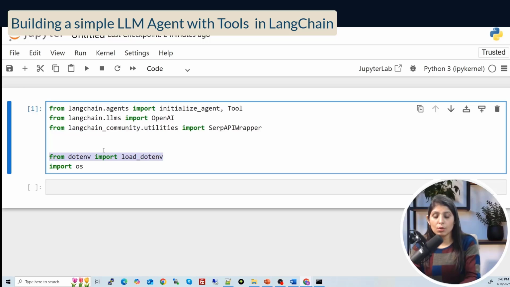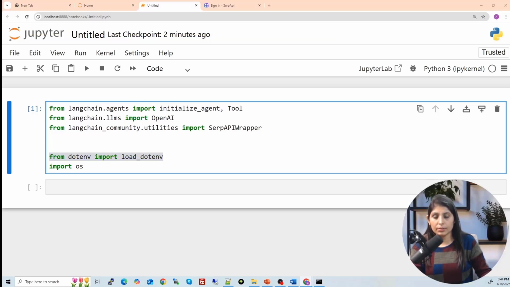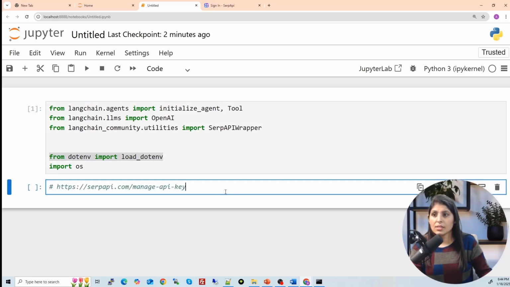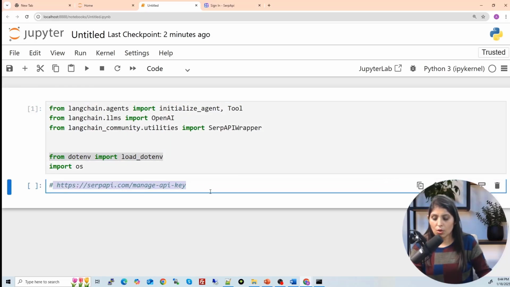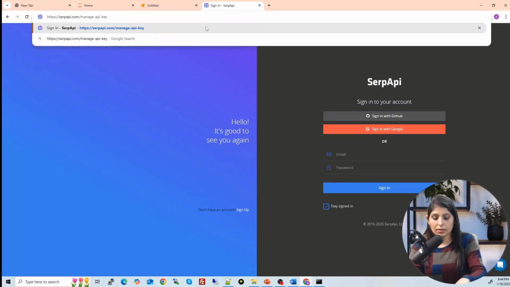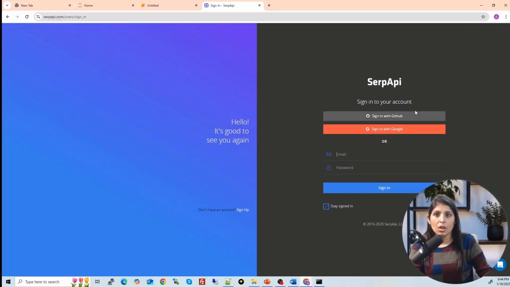So guys, remember I told you a few minutes back that you need the OpenAI API key and you need the SERP API key, right? For the SERP API key, this is the link. Let me just write the link here. So this is the link. You will open this link. Just copy this link from here, paste it here and hit enter. You will see this kind of screen. You need to sign in. If you are not already signed in, then sign up and click on sign in with Google, and then the next page will open, and over there you will see the API key. Just copy that API key.